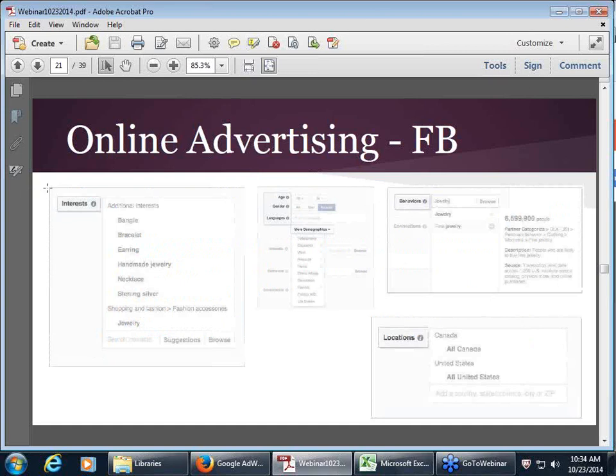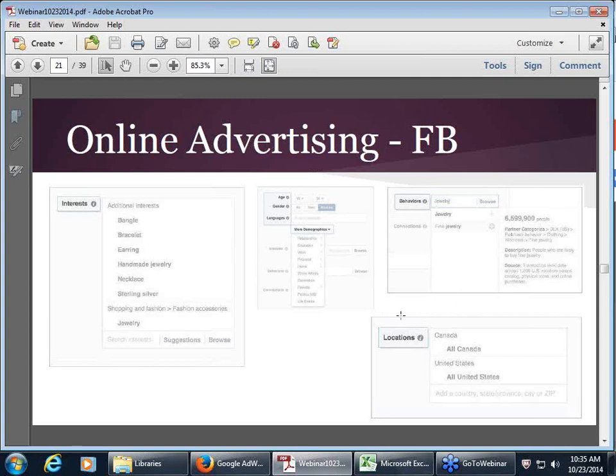It's kind of just a screenshot of some of the criteria you can use in setting up your ad campaign within Facebook. So, for instance, this looks like some sort of women's accessories criteria that this advertiser was selecting. On here, you can select what demographics you'd like to target. So, life events, politics, whether they have parents present or whether their parents are identified on Facebook. In behaviors, what they bought, when they bought it, and locations, the physical location or radius around the location you're looking to target.